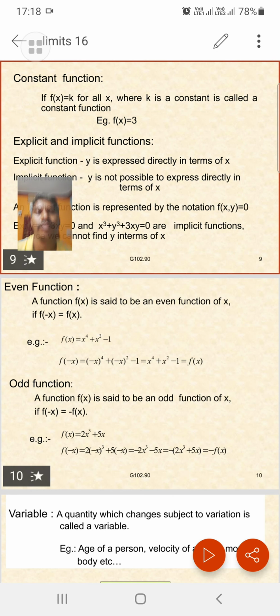Some definitions we already learned in previous standards, in 10th or first year, first sem. So read once again, and this information is given in our textbook also. So see the textbook, read and observe the examples and try to do the problems which are given in the exercise. And if you have any doubts, you can ask